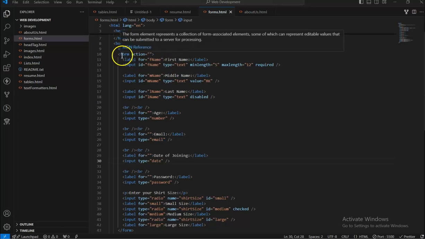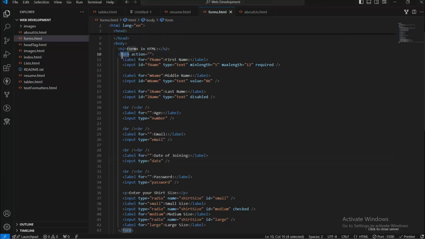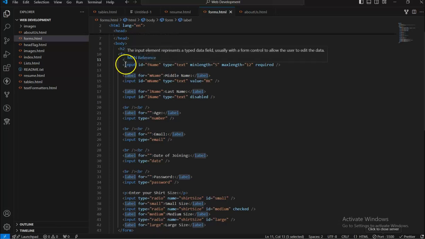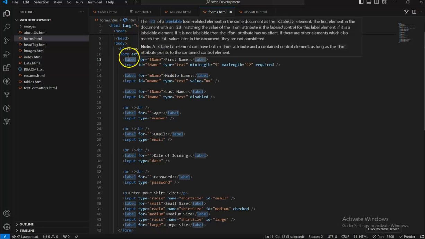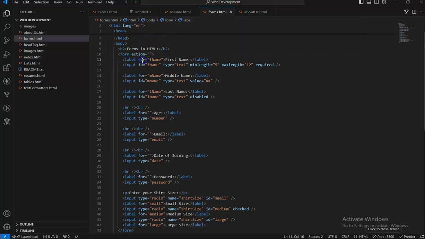So we discussed a form, where we have a tag called form in HTML with the help of which we can create forms in our HTML. And we do have a tag called label with the help of which we can have a label for our input. In order to bind that label to our input, we have two specific attributes called for and id, with the help of which we can directly bind this label to this particular input. Similarly, we discussed different types of input tags, where we discussed the type as text,